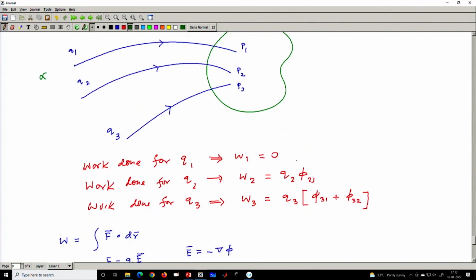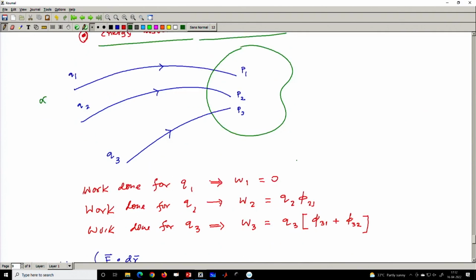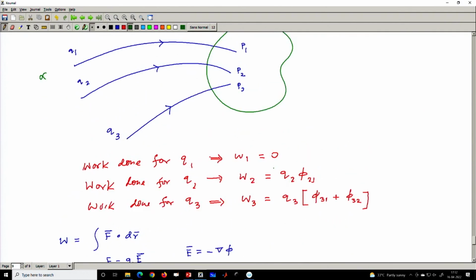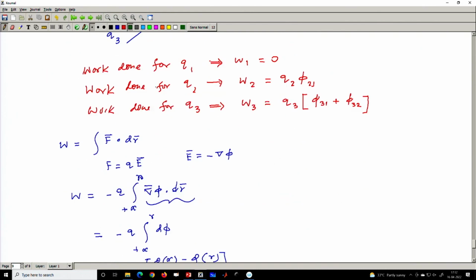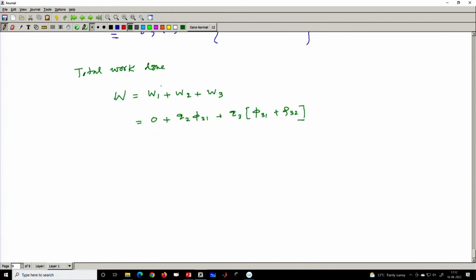Now, if I do the same thing in the reverse order, this is an interesting process I mentioned. Before, we brought Q1 first and then Q2 and Q3, but if I do it in the reverse order, let us first bring Q3 and then Q2 and then Q1. So if we reverse the order,